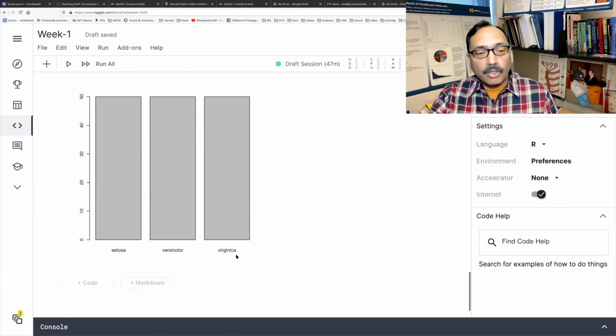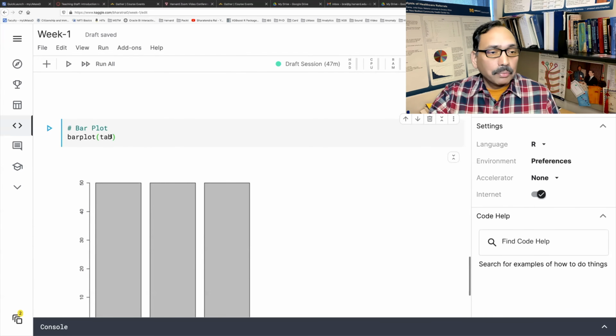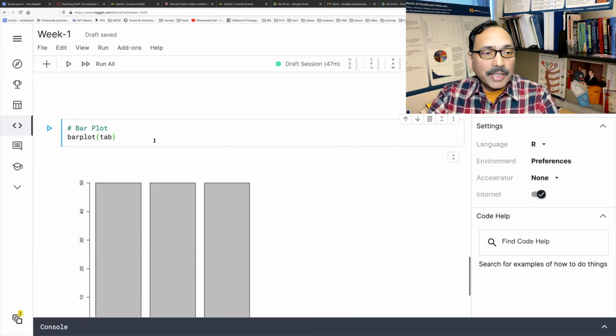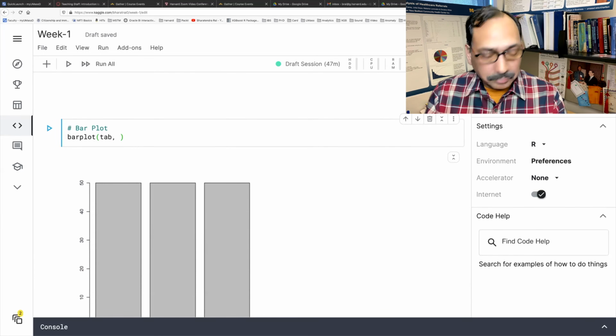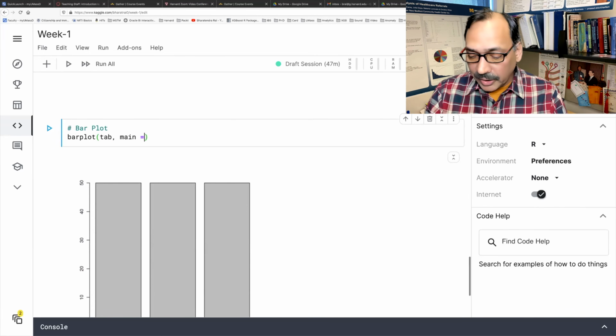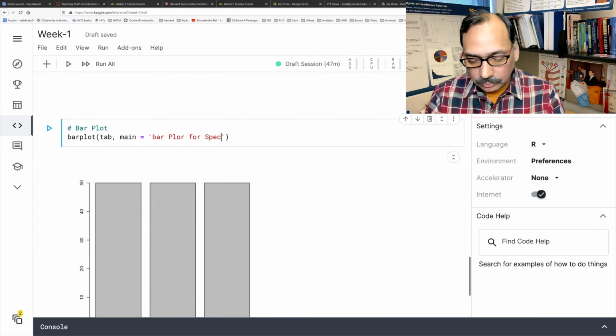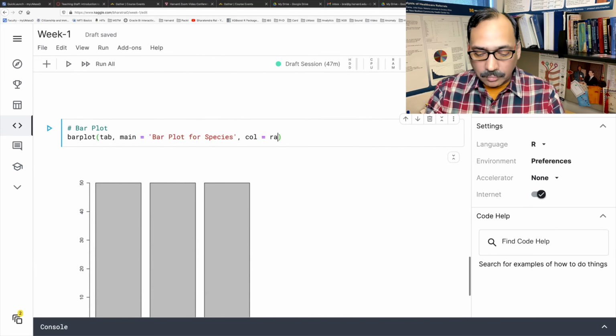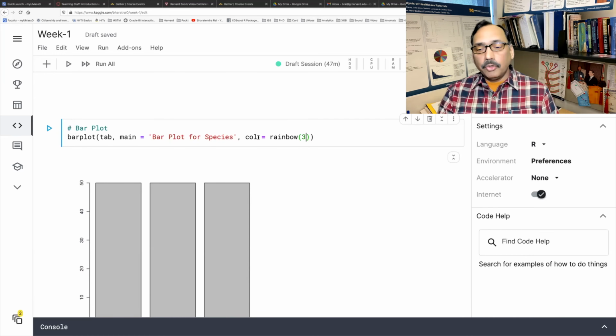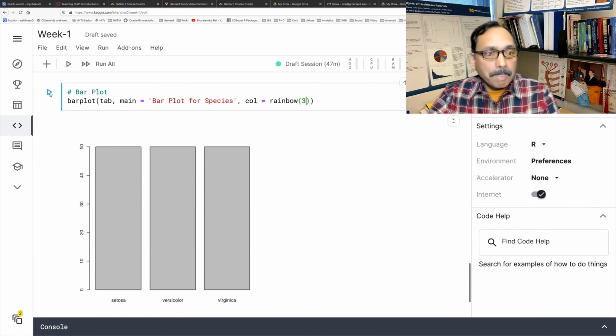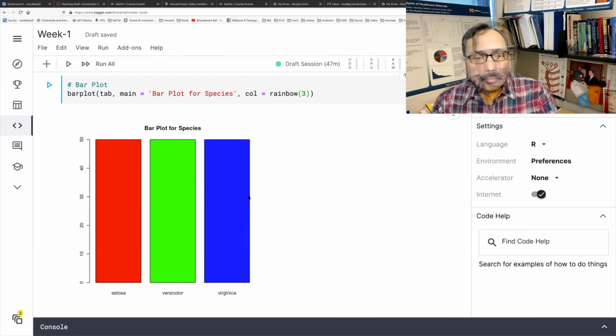Again, default colors may not be very attractive, so you can do the same thing that you did earlier. So we have to give a main title. I'm just repeating what we used last time, because the situation is similar and data is same.